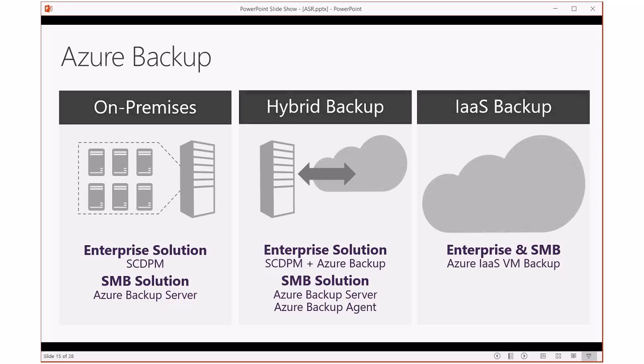When we get into Azure Backup, there's also an Azure Backup Agent and there's Azure Backup Server. The Backup Server is going to back up your virtual machines. It's going to back up your large data dumps. It's going to back up all of your information from disk. The backup agent sits inside of an operating system environment, and it gives you the ability to do file-level backups and restores to the cloud.